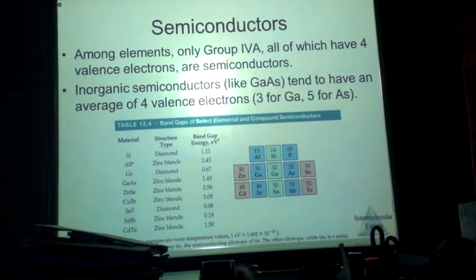As long as on average they have 4 valence electrons, we say it will act like a semiconductor, at least from what we've seen experimentally. This set of elements here can act like semiconductors, and table 12.4 in your book shows you some different elemental types. So here's silicon,